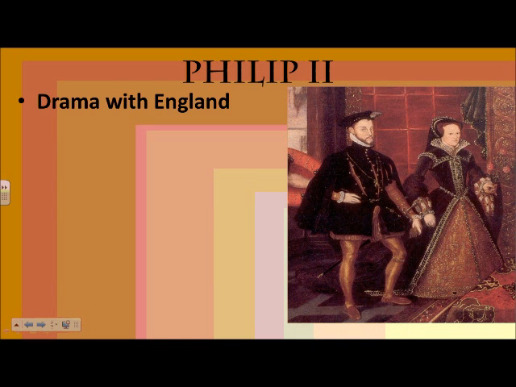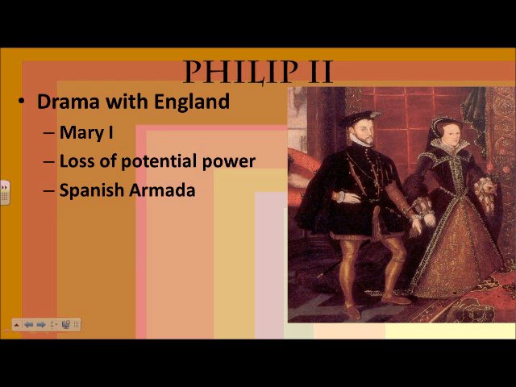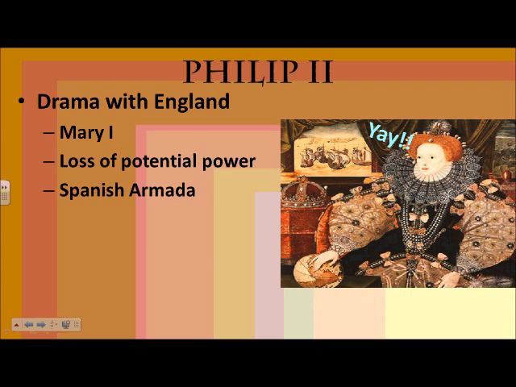He also has his history with England. He was married to Mary Tudor, who we also know as Bloody Mary. And for a time, he thought this was a very positive relationship because it gave him a lot of potential power. If Mary had lived longer, he would become Prince of England and control both England and Spain and create a Catholic empire together. But when Mary dies and power goes to Elizabeth, he's pretty ticked off that he no longer has that opportunity. So that's one major reason why he sends the Spanish Armada. We know that didn't go very well for him.